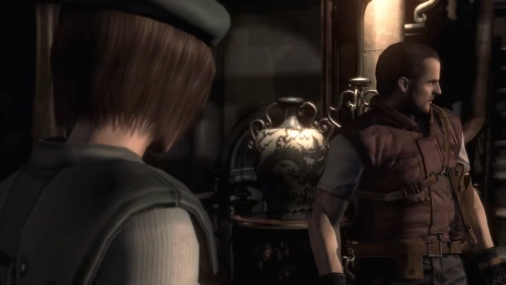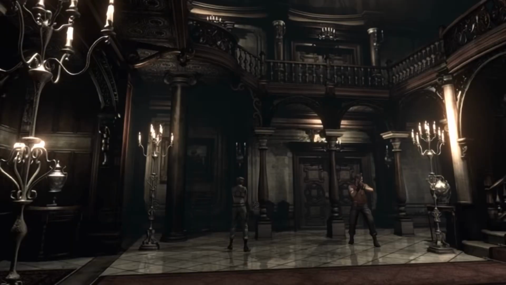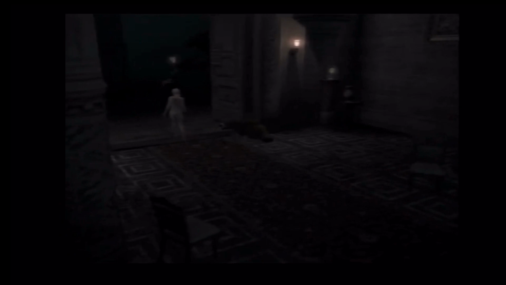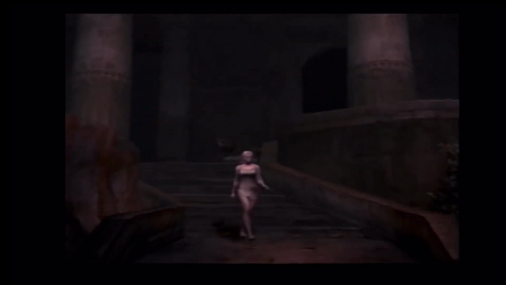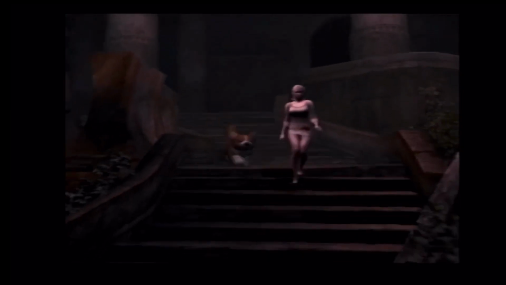Once you manage to get through it, you'll get to the woods behind the town. And at this point here, Jill will have obtained information that the person that contacted her is towards the top of the mountain. Now, as you enter the forest, you're going to meet a friend. A white German shepherd is going to come up to you and save Jill at some point from a mimic.